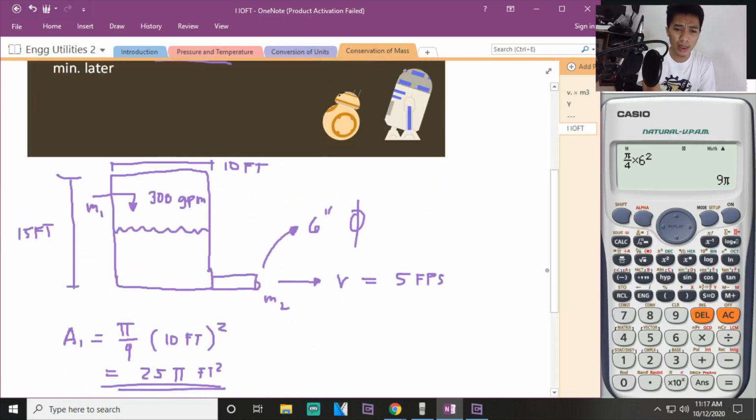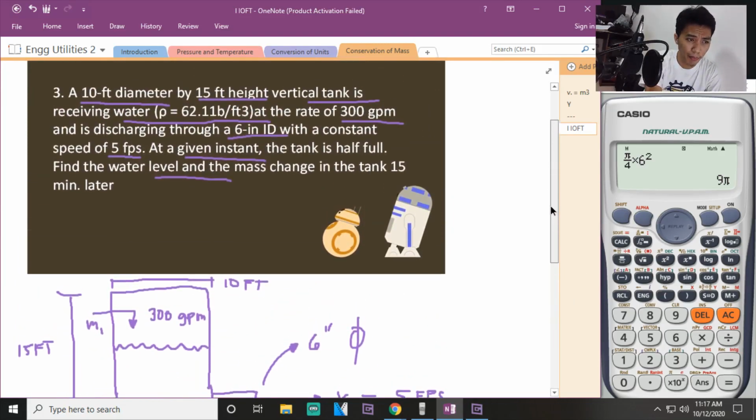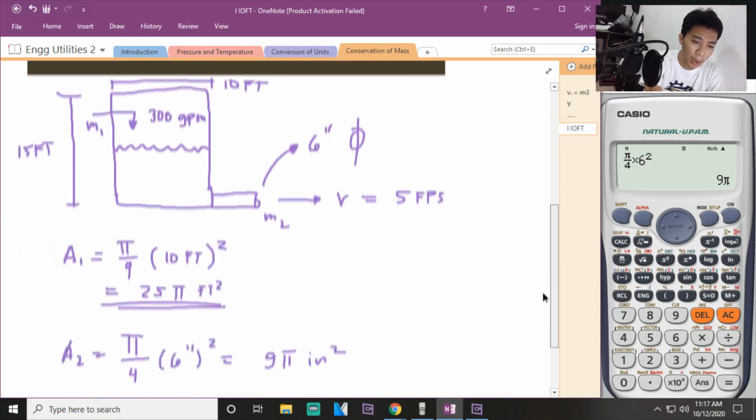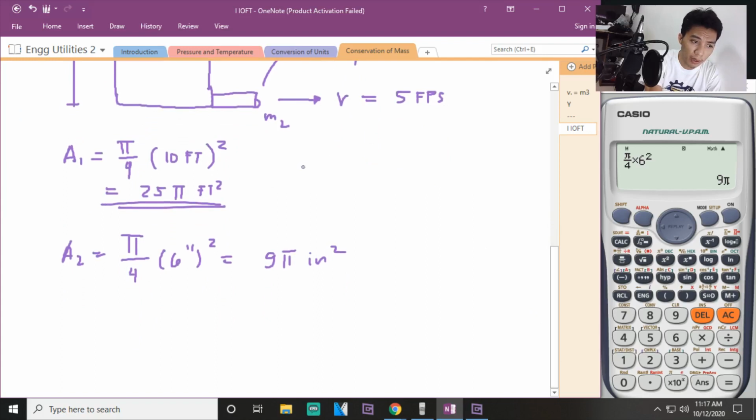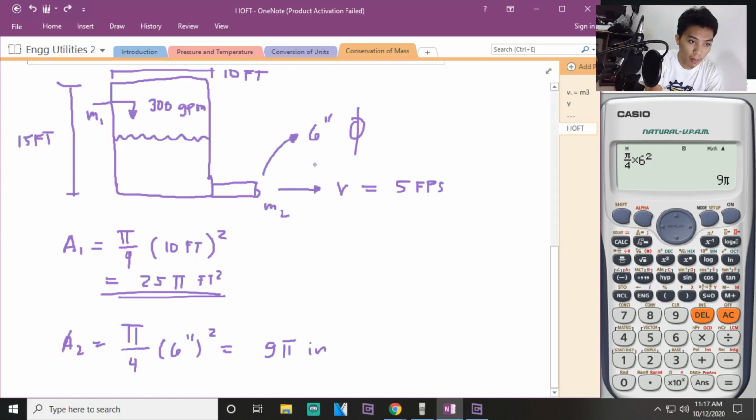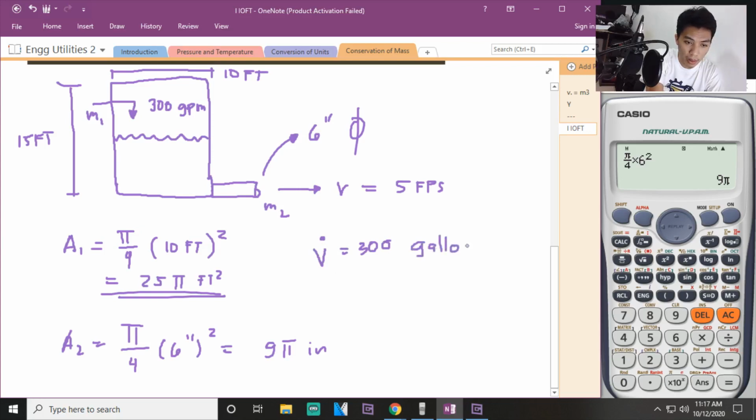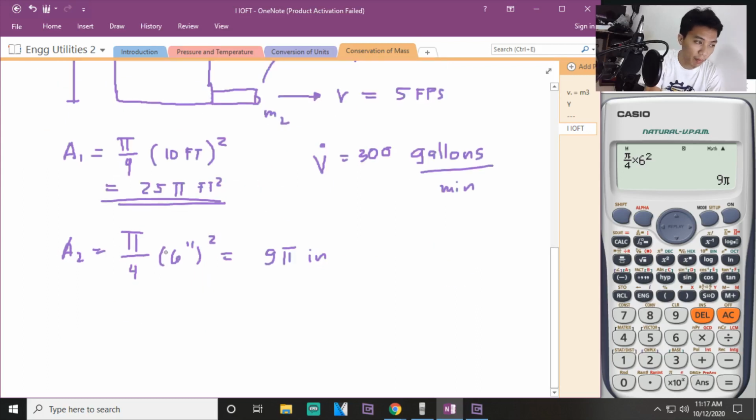Ano bang hinahanap natin dito? Ang hinahanap natin kasi dito, the mass change in 15 minutes. So, meron tayong rate na 300 GPM. Makukuha natin yung mass flow rate sa 1. So, given dito yung flow rate. Ayan, no? So, given ang flow rate na 300 gallons per minute. Pwede natin makuha yung mass flow rate. Mass flow rate sa 1 is equal to